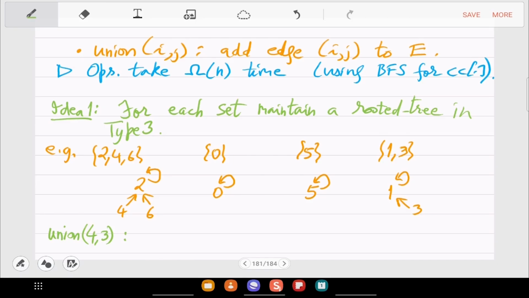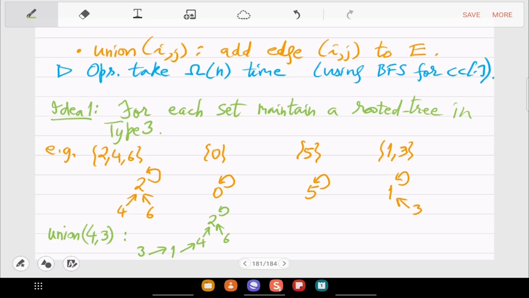One valid example will be that you just make the parent of 1 be 4. So bring it here. So the set 1 comma 3 and then 2 comma 4 comma 6, that set is this.